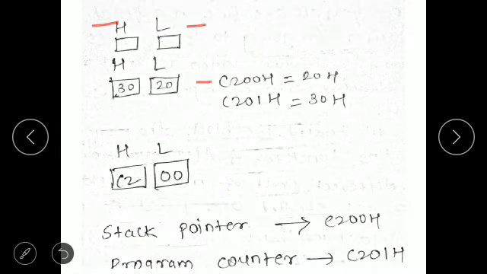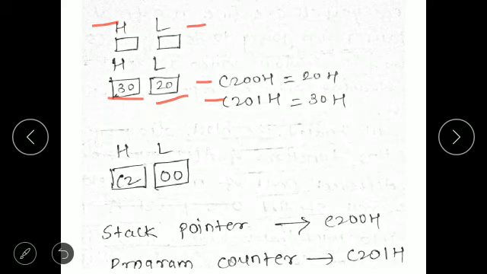Here is one memory location C200H containing 20H data, and another location C201H containing 30H data. If you use H and L separately, each will store only 8-bit data, meaning L stores 20H and H stores 30H.